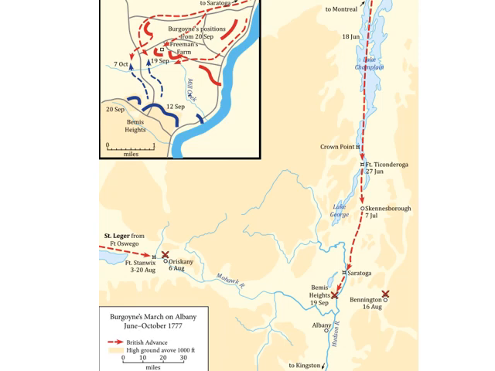Well, first of all, the plan was already kind of foiled because St. Leger had been stopped and Howe had never even tried. So Burgoyne was on his own. Another problem was that Burgoyne had a strange method of campaigning in the wilderness. Remember, the New York woods were wild. There were no roads. It was thick forests. And he took with him 225 women and 500 children, including his mistress,